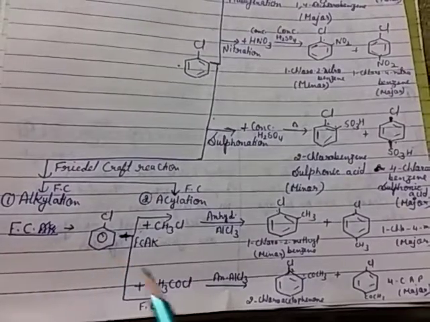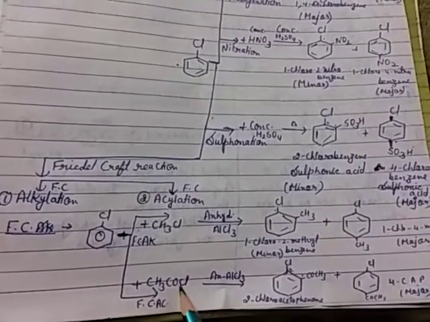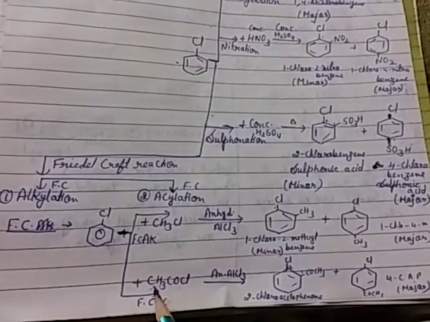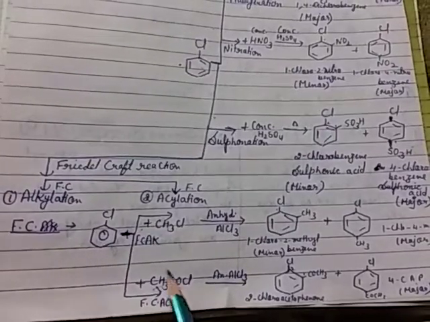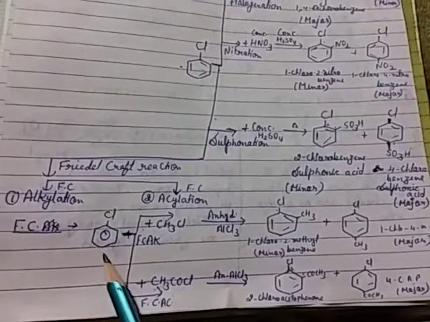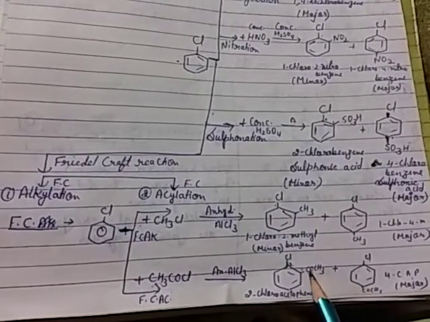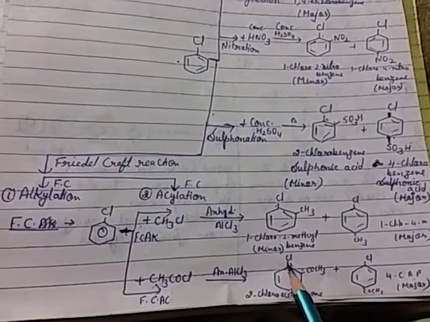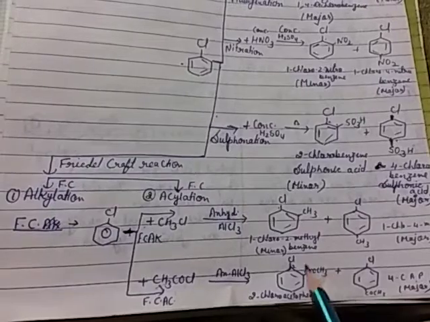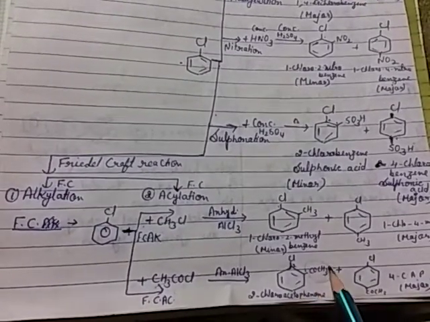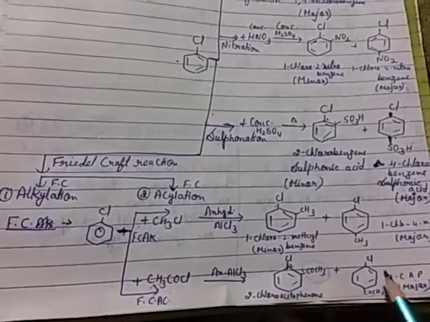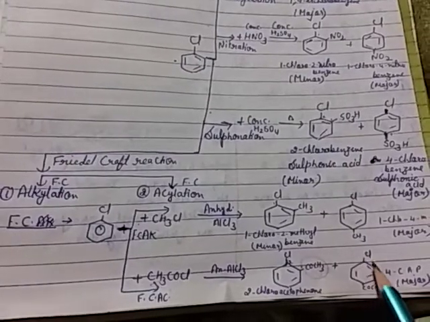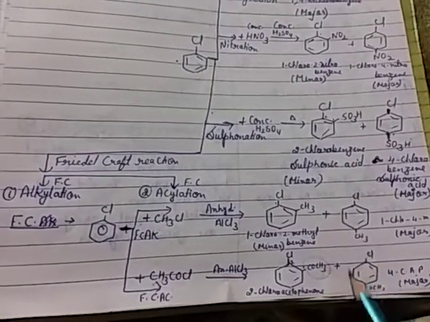Second is Friedel-Crafts acylation. Acylation means an acyl chloride reacts. Acyl means CH3CO. So acyl chloride, so COCH3 attaches at ortho and para. So its name, it is a major group compared with Cl. So 1 number and 2 number: 2-chloro and then the aceto group. This is the aceto group and the phenyl group attached. So its name is acetophenone. And its name is 4-chloroacetophenone. Okay, it is the major. Clear?